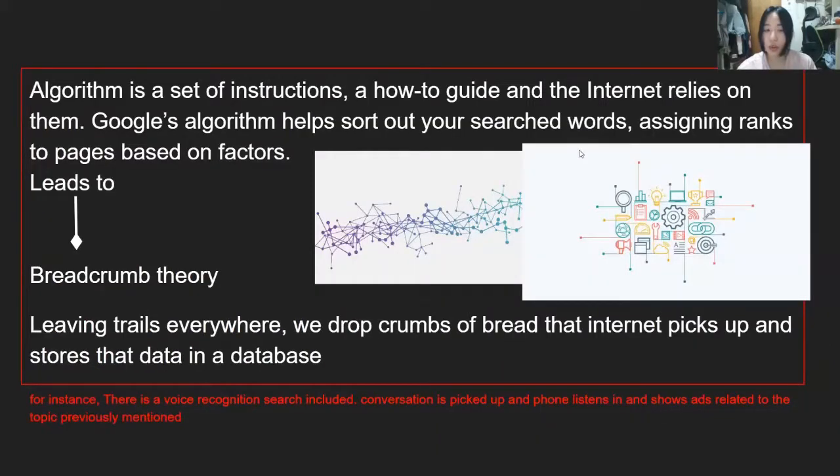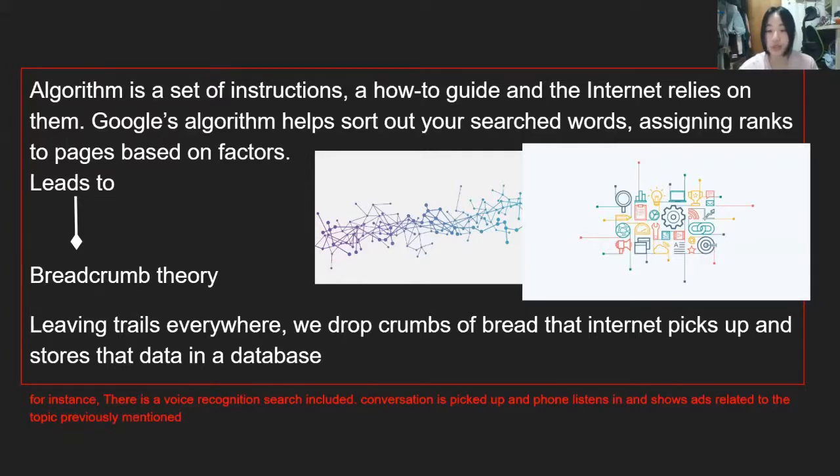First of all, what is an algorithm? An algorithm is nothing more than a set of instructions, just like a recipe or a how-to book. And the internet relies on many algorithms in order to function properly. For example, Google's algorithm does the work for you by searching out web pages that contain the keywords you use to search, then assigning a rank to each page based on several factors, including how many times the keywords appear